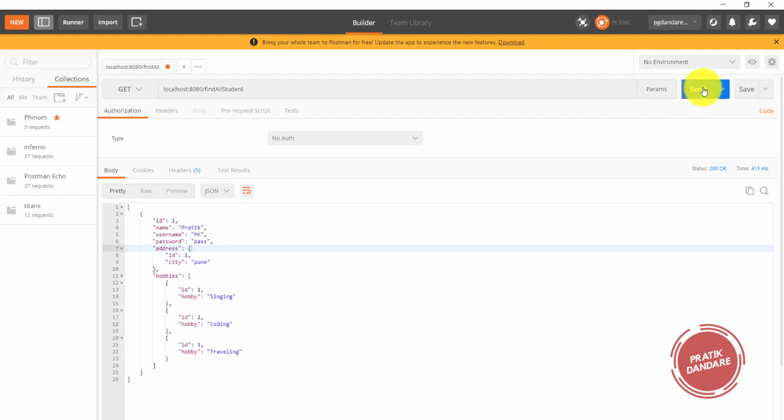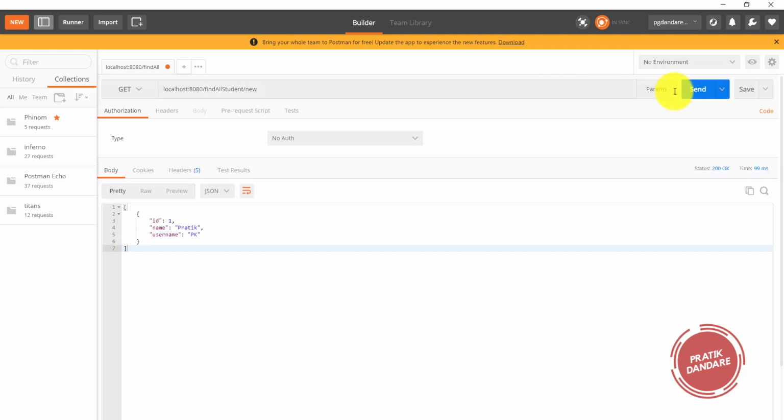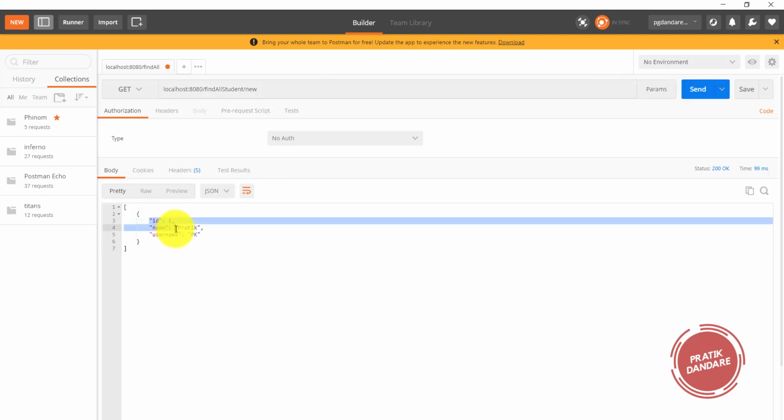This is the old API which returns the whole payload of a specific student, and this is our new API. Let's see. Look at that. It just returns username, name, and ID. That's how the mixin pattern works. Thanks for watching.